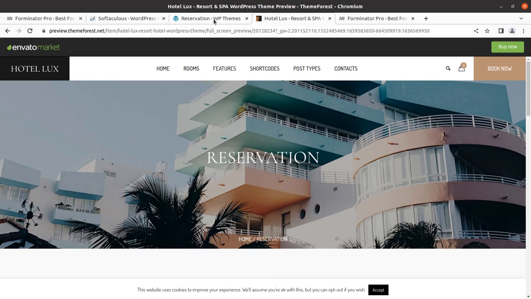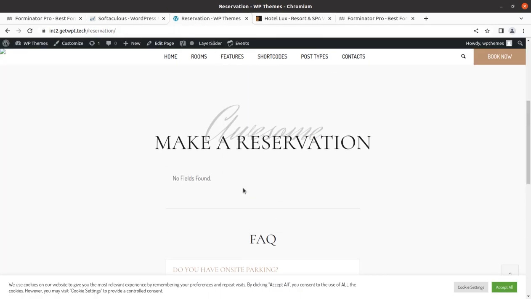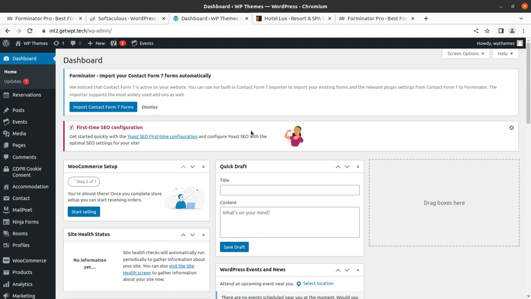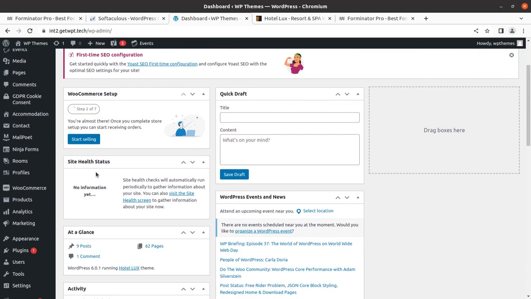So in the last video I said I will definitely try to add the missing part, the form that is not available in the demo import, and I'm going to add a form first of all. The form plugins can be many. Contact Form 7, as I said, is available with almost all WordPress themes, and in this particular theme, Ninja Forms has been used. So I failed to show how to create the reservation form since it is not available in the demo import. Okay, so let us complete the last video first, and after that I'll show you